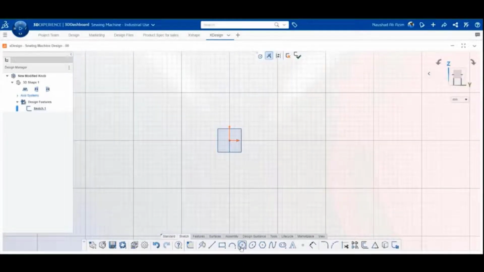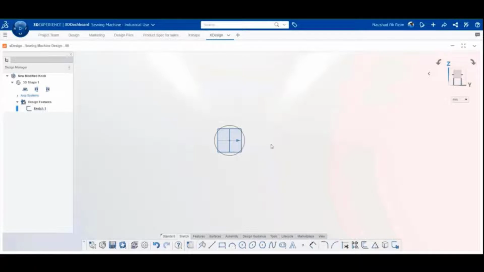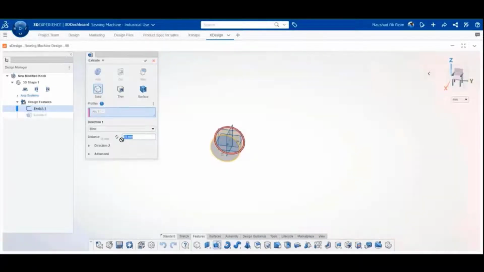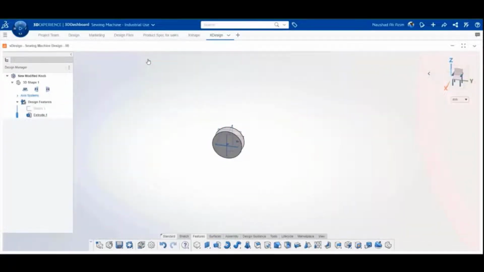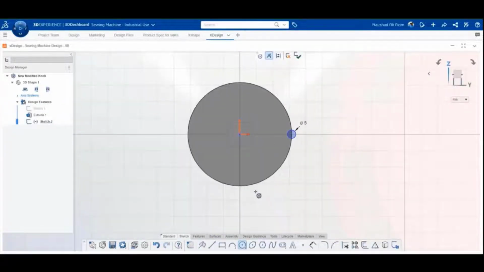And I have to take all the parameters of the old knob, and then I'm going to redesign this one. So creating a sketch is quite simple here in the 3D Experience platform, and the user interface is also quite familiar, where you will see the designing part is simple as it is. And now I'm just trying to finish my sketch here, and then I have to keep on adding more features